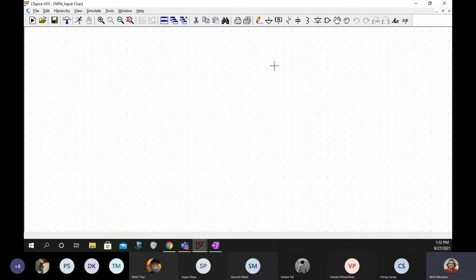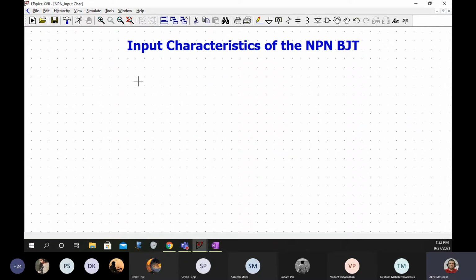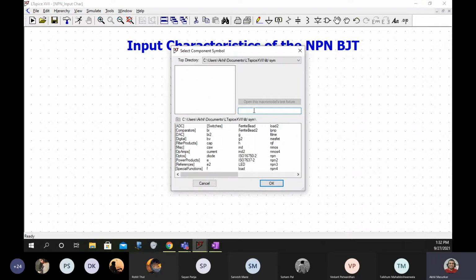As we know, first we will write what we are plotting. So we are plotting the input characteristics of the NPN transistor. Then I'll pick up some components.